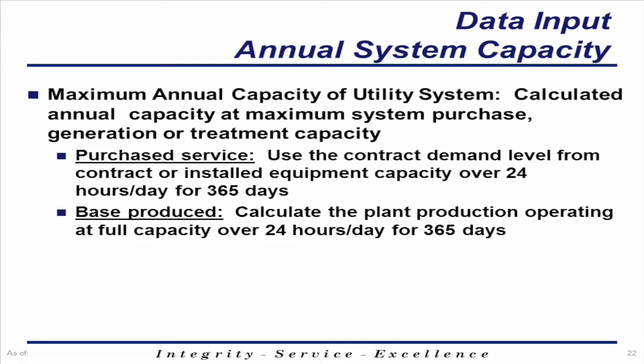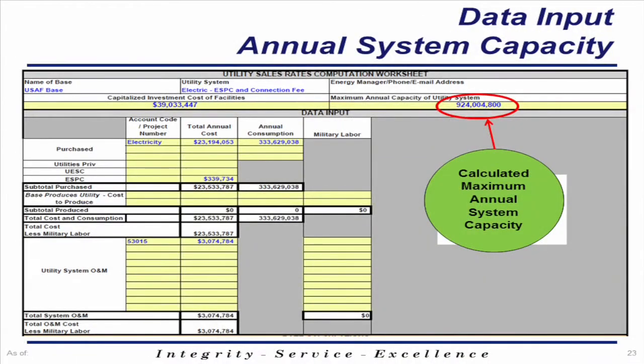For electricity, gas, water, or sewage treatment service, the maximum capacity is the contract demand specified in the contract or the capacity of the equipment installed to provide service. For on-base produced commodities, the maximum demand is the design capacity of the plant. For electricity, the maximum capacity is the total capacity of the prime plant minus the capacity of the single largest